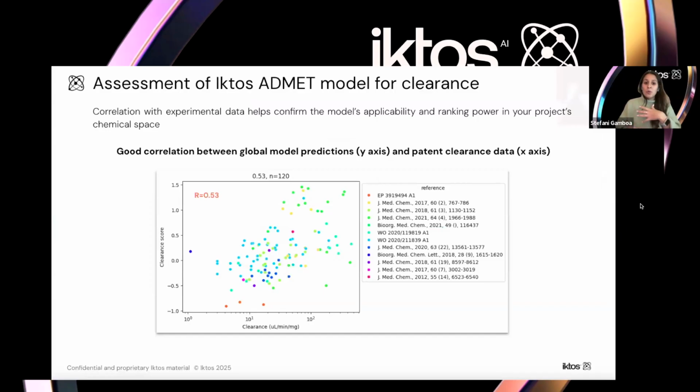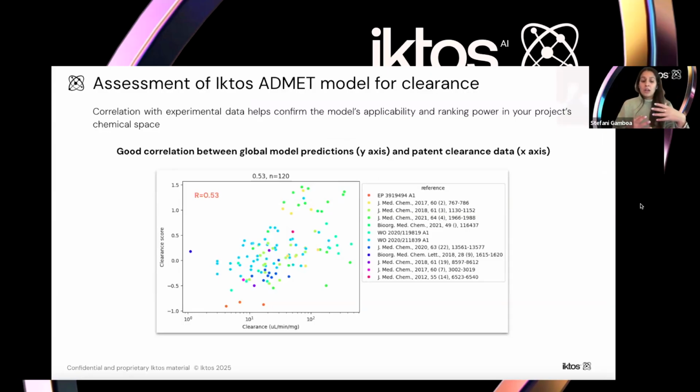Now, a very important point when using generic models is the applicability domain. Since the global models were built from a very large dataset, it's intuitive to think the models may fall outside the applicability domain of your specific project. To ensure that the global clearance model was applicable in this specific series, we compared its prediction with the experimental data. As you can see in the plot, the x-axis displays the experimental data and the y-axis the clearance